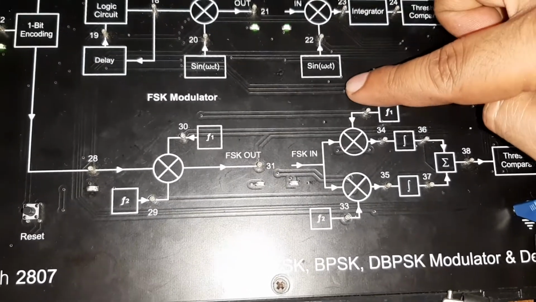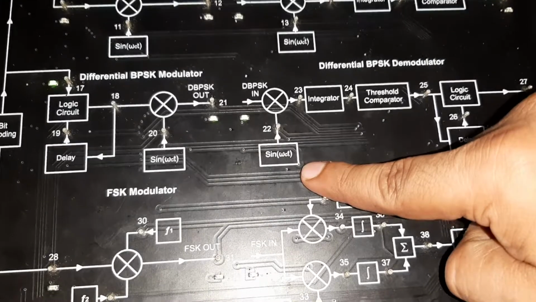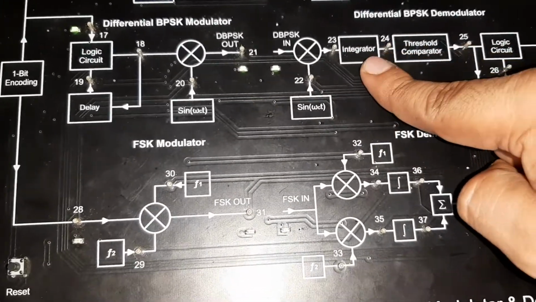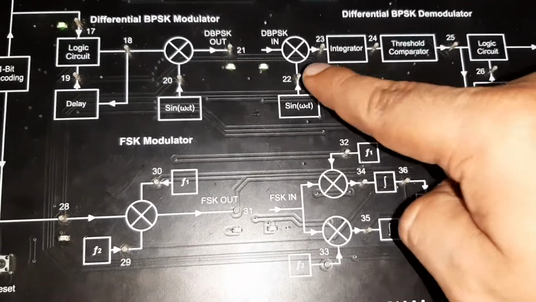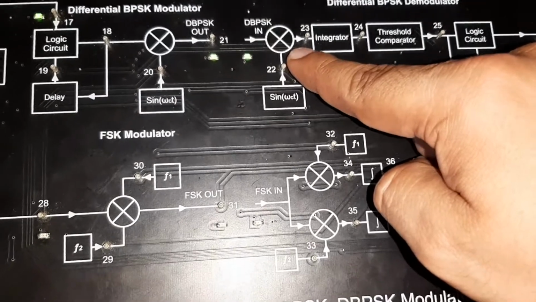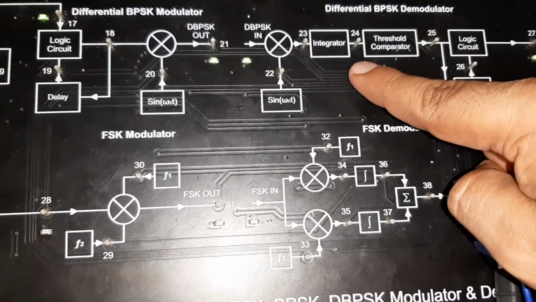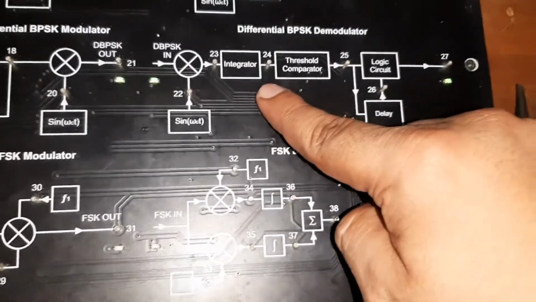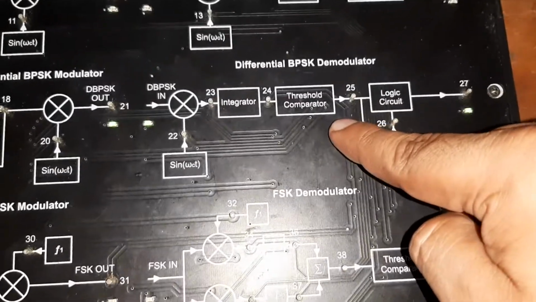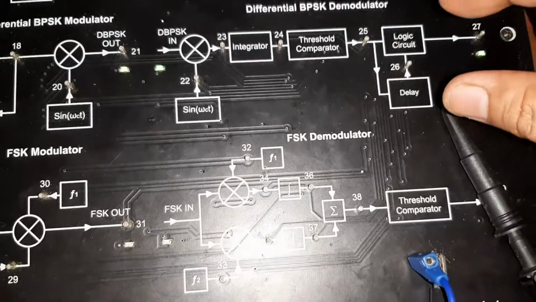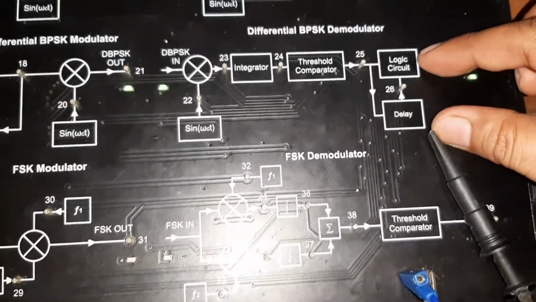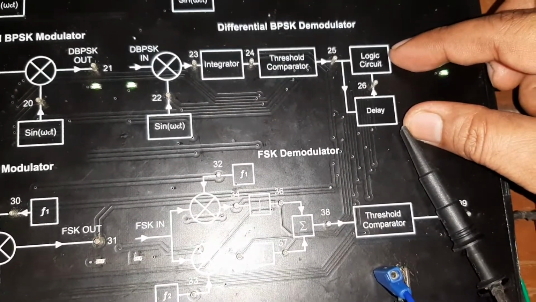At the same time we provide the sine carrier signal. Here we first observe the output of the mixer, then the output of the integrator, then the output of the threshold comparator. Then again we are using differential BPSK in the demodulator part.